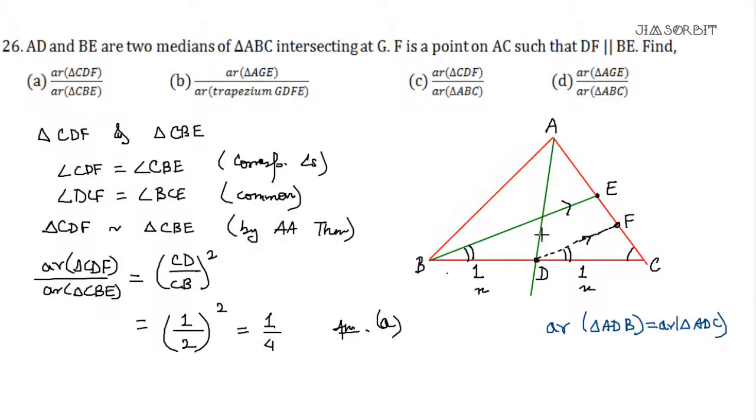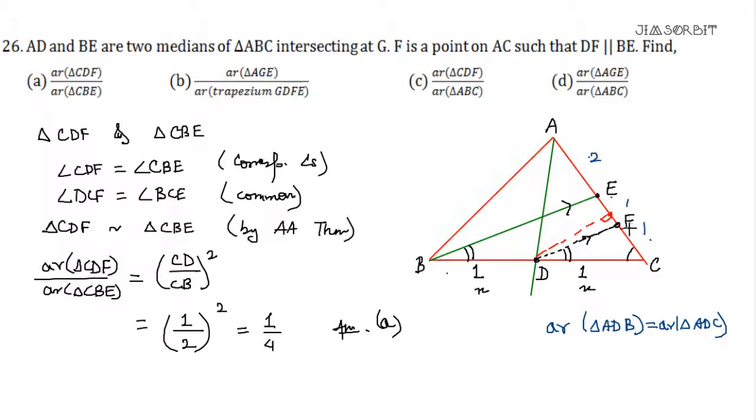Correct, because the median divides the triangle into two equal areas. Now, just now you have said that this is 2, 1, 1. You remember 2, 1, 1, correct? And if you notice now, we have a very important thing from when we studied the Thales theorem. It says that if you draw a perpendicular, like this, for the triangle ADF,